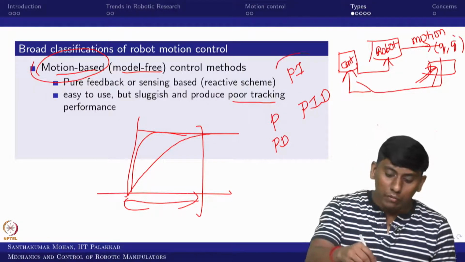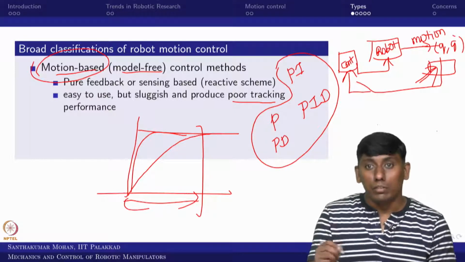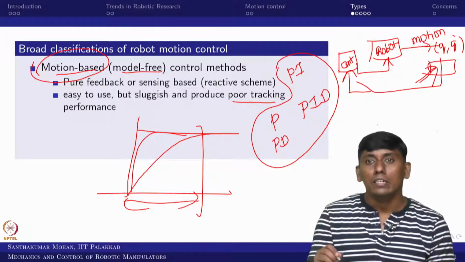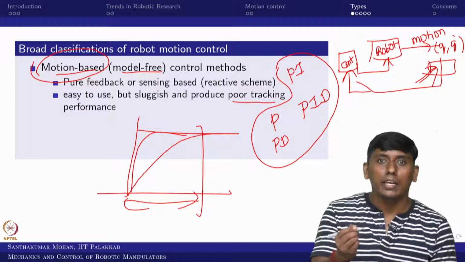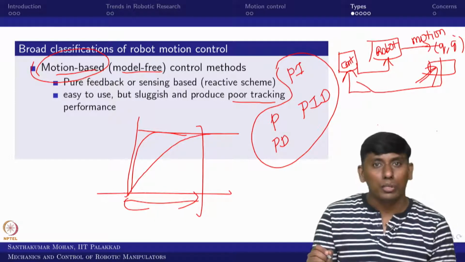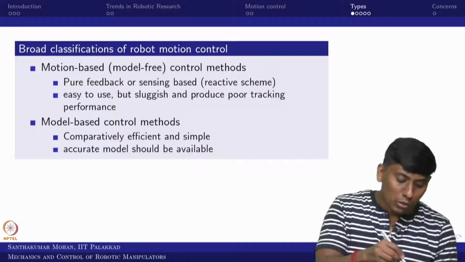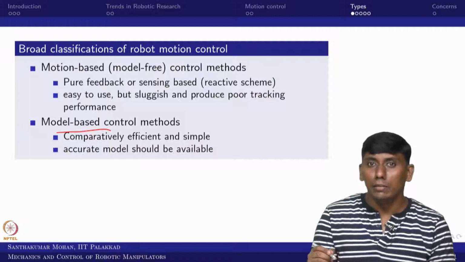Even the other way around, if we can go with simple bang-bang control or simple on-off control, which we used in the olden days in AC, these are purely based on motion. Based on the system motion or the feedback, we are trying to control the actuator signal. However, the second method, which is what we call model based, is definitely efficient and simple.